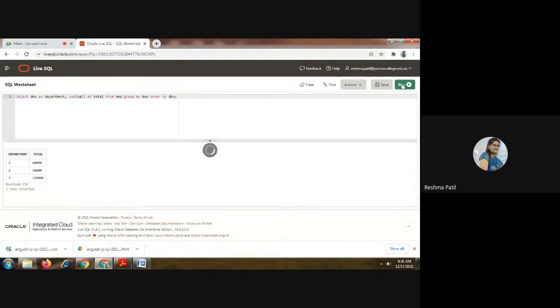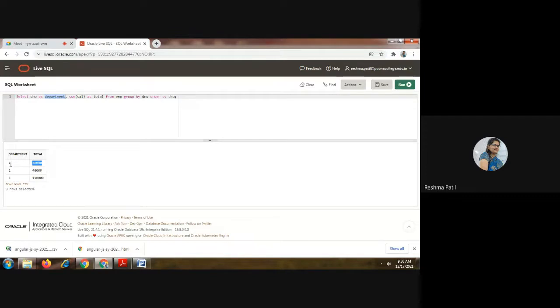Execute. Here first we select the department number, so it is going to display 1, 2, 3, and we have changed the header of this department number to department. Then department wise we have taken the salary sum.